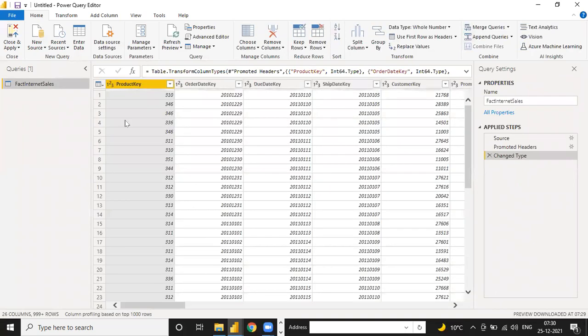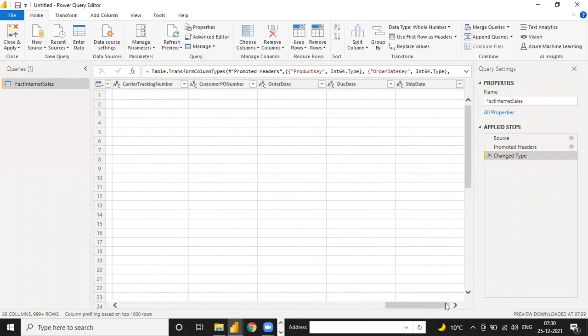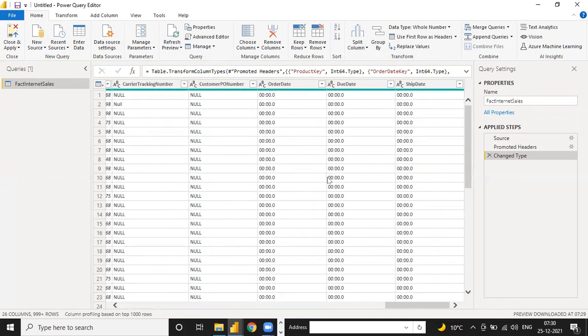Here is a complete example. Here are a lot of columns, so I need to remove some and make some changes. We need only those columns which are required for our data, so one by one you have to select. You can go to the Choose Columns option here.